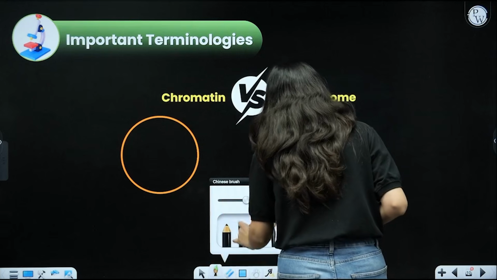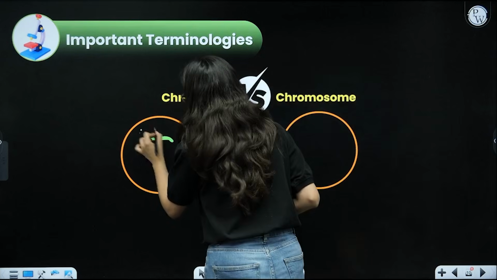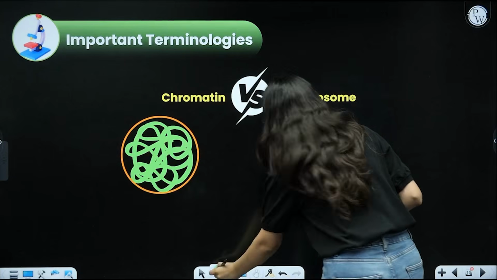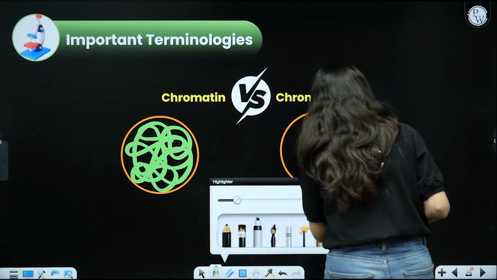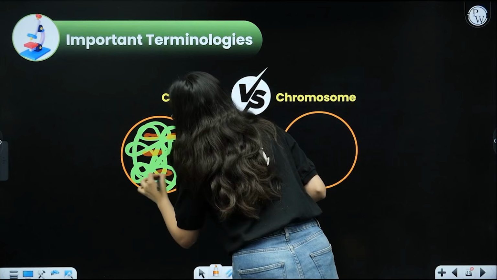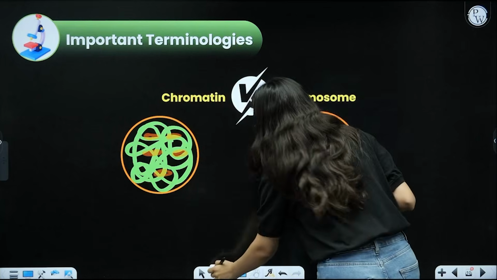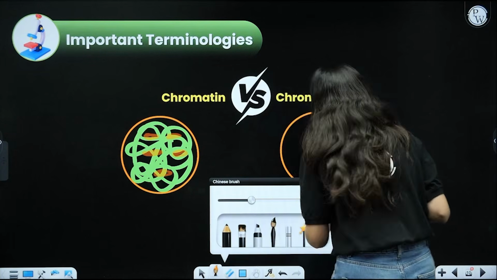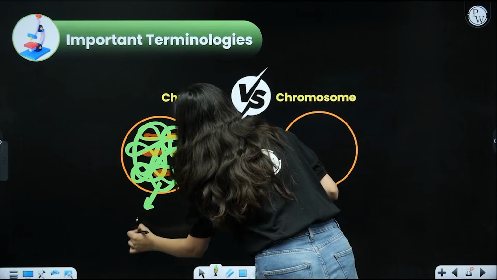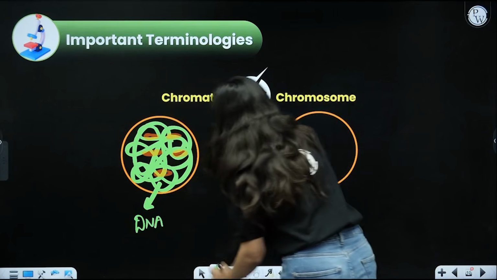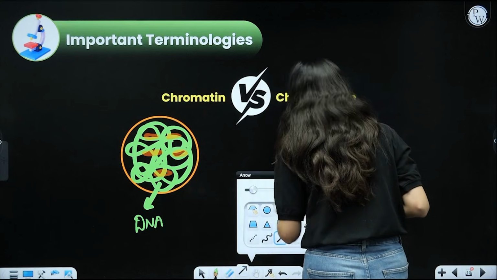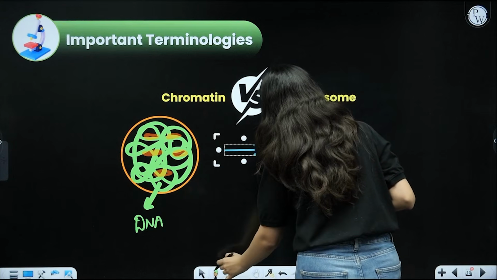Understand this now. See, over here is a loosely present thread of DNA. So this is your DNA, and somewhere on this DNA are some loosely present proteins. These proteins are not doing anything. They are just loosely present, and the DNA is also fully extended. This is called DNA which is fully extended. It is not coiled at all. This is DNA. Okay. Now, beta, once this DNA decides to coil up,